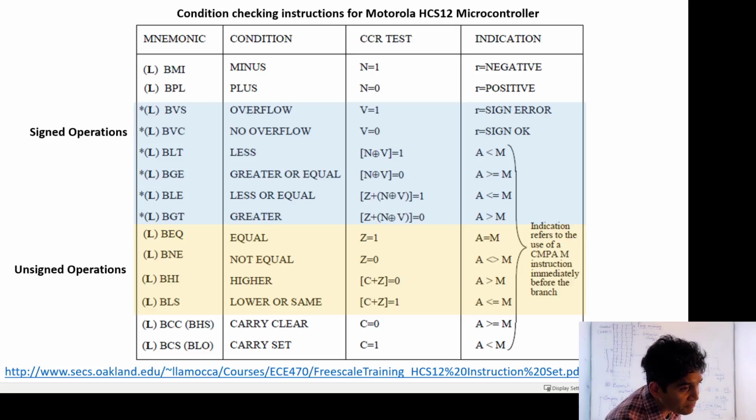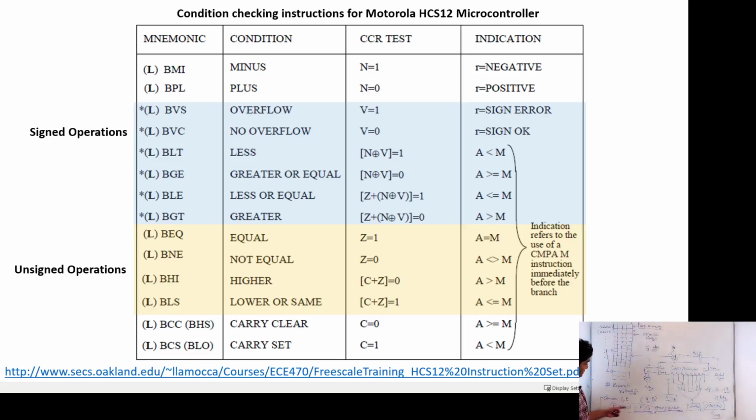In this case, at the hardware level, I'm looking for these particular conditions. GE, which is greater or equal. In this case, I'm basically looking at these conditions. Branch if less than or equal, I'm looking at these conditions and so on. But again, remember that these are all the conditions that we derived in the class. So these are for signed operations. On the other hand,